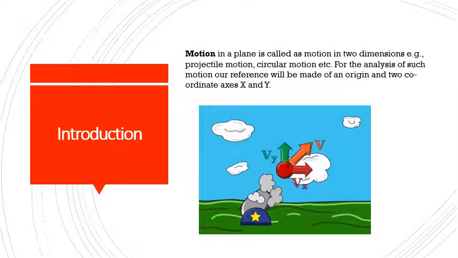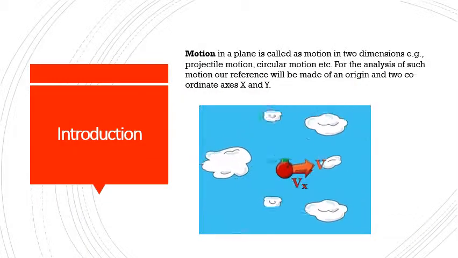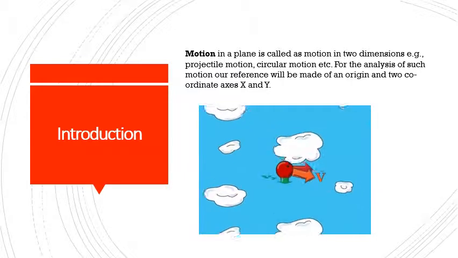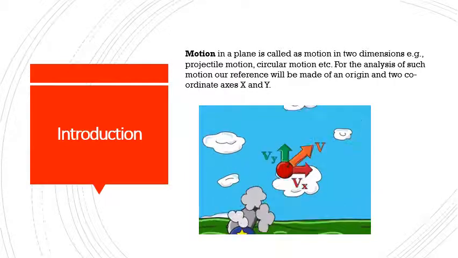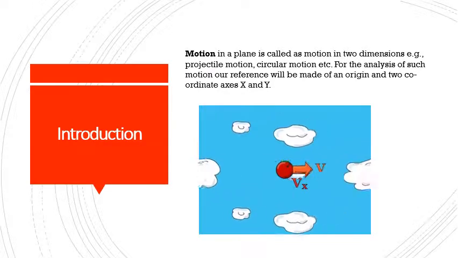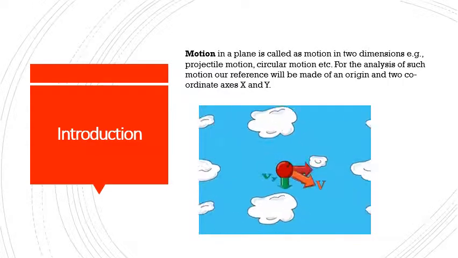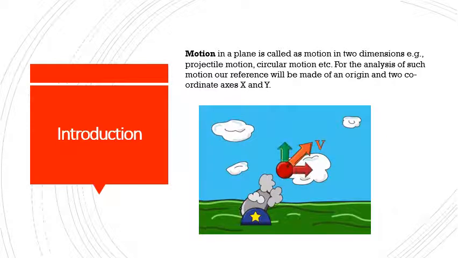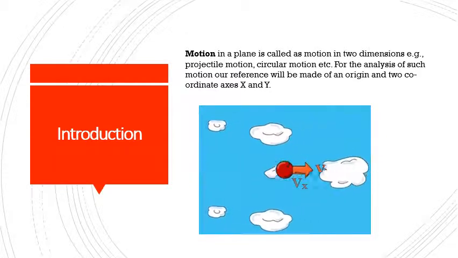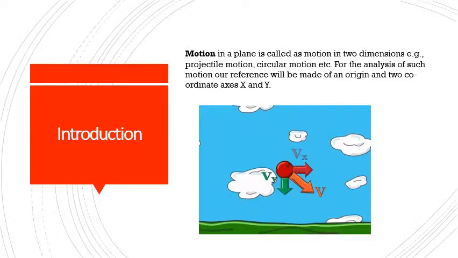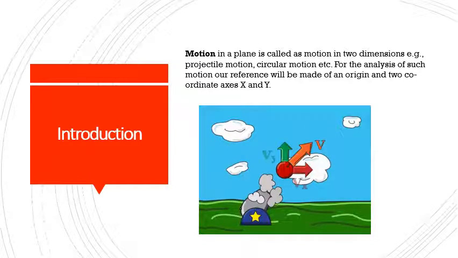Students, earlier we have studied the motion of an object along a straight line, isn't it? In this chapter, we will study the motion of an object in 2 dimensions. 2 dimensions means in a plane, okay, and 3 dimensions, that is in space. So in this chapter we are going to study the motion of an object in 2 dimension as well as